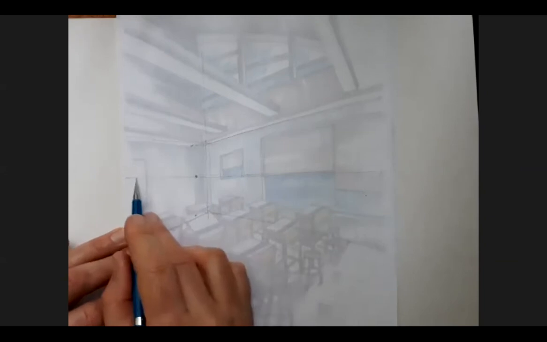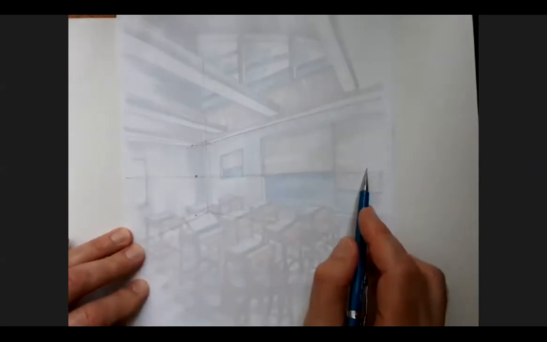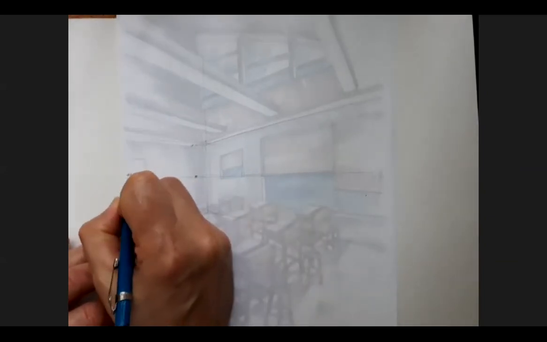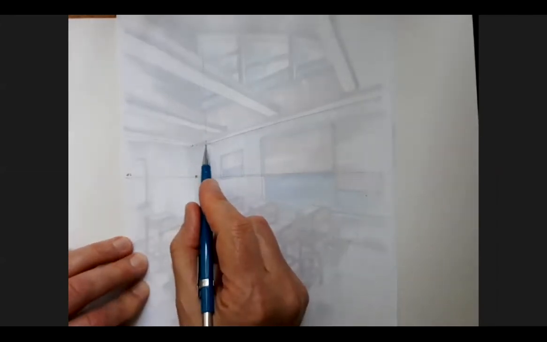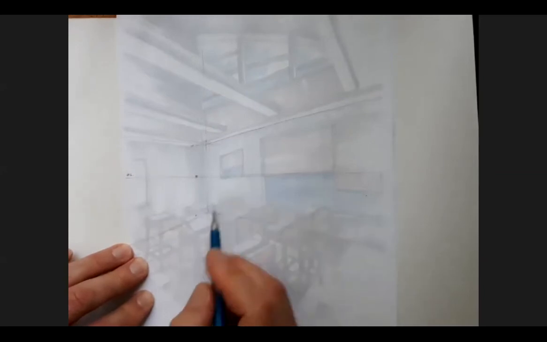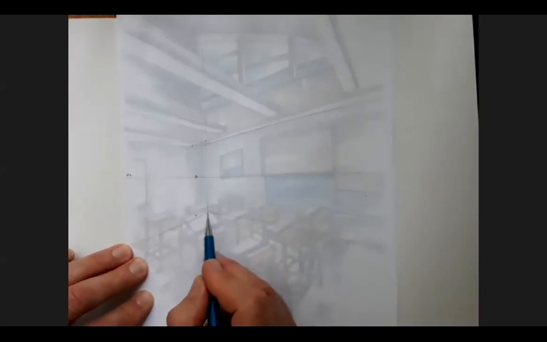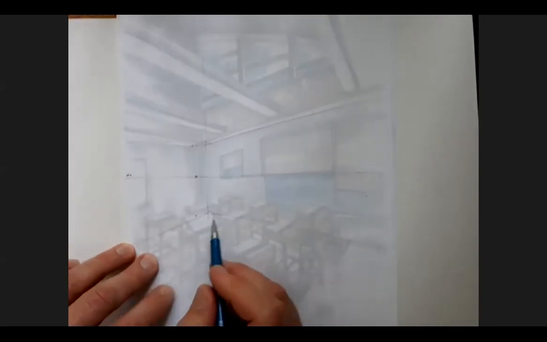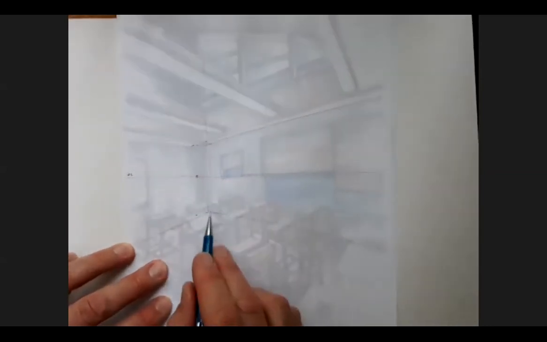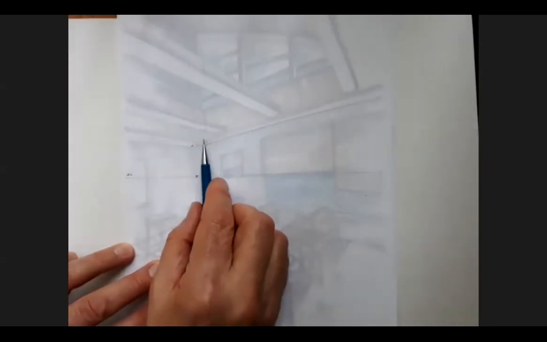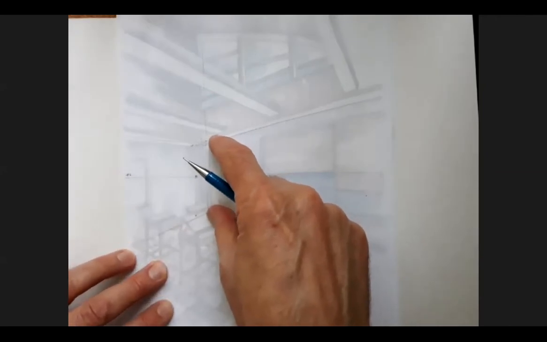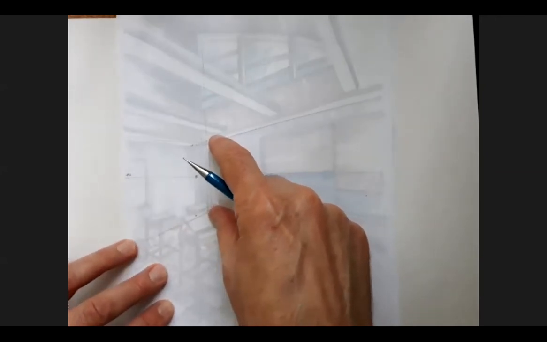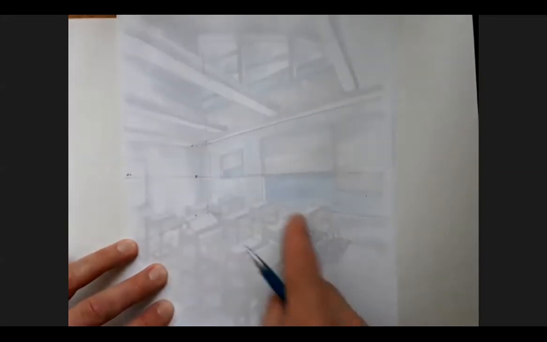My 5 foot here is my eye level. So that's my horizon line. And then 10 feet is here at the bottom of the soffit, and 0 is here at the bottom of the floor. So I'm going to come up here, and if I have a stairway, what I want to do is I want to put a stairway in this corner, and I want it to come out over this way,